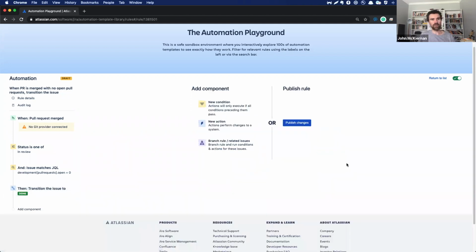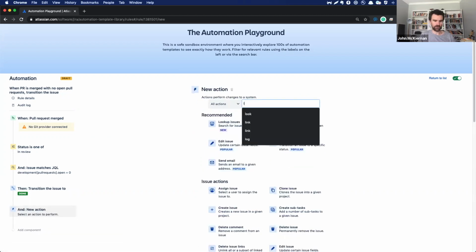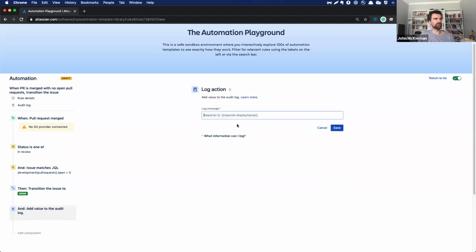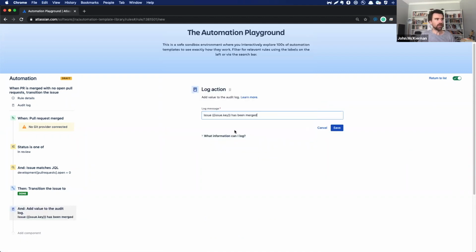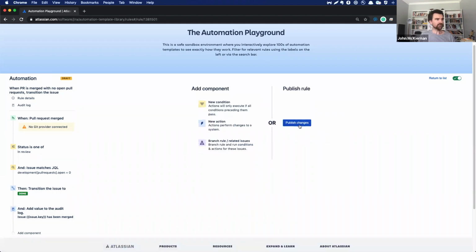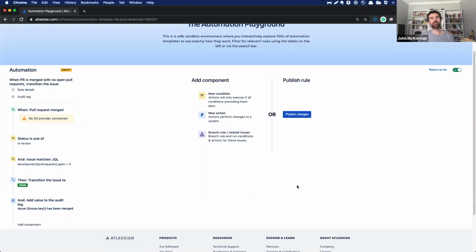And that's it. Now we're going to add one more little piece to the puzzle, which is just to add value to the audit log. So we log action. And here, again, I've saved a little bit from earlier on. We just want to pop the issue key into the audit log because we're going to use this a little bit later in a related rule, which I will also link to. But that's it. We publish our changes, we give our rule a name, and now every time a PR is merged,